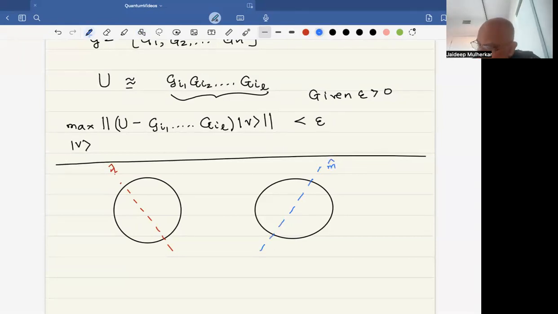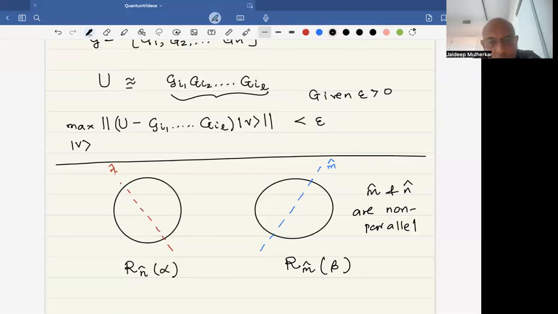So if I am able to generate an arbitrary rotation about this vector n, let me call that R_n of alpha, and then I'm also able to get a rotation about this axis m, where m and n are non-parallel,